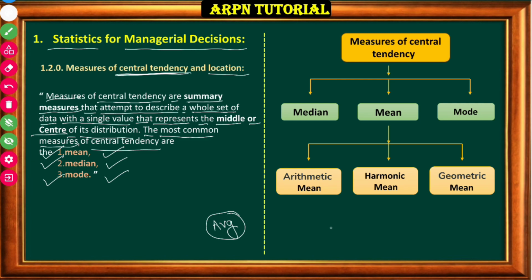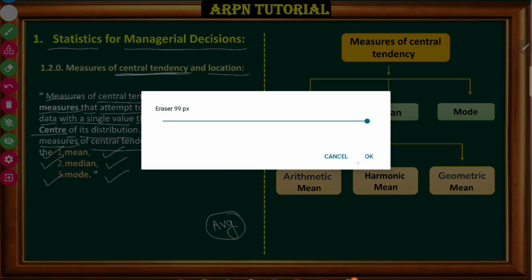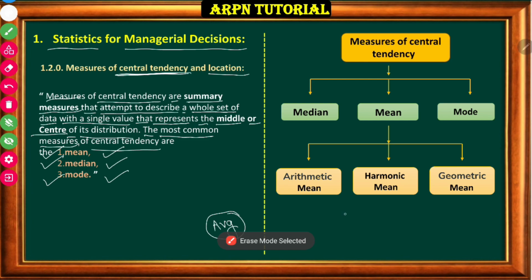But in a real example, in data science we have millions and trillions of data. If you are sitting with a calculator, it may take 6 months to calculate that. But guys,